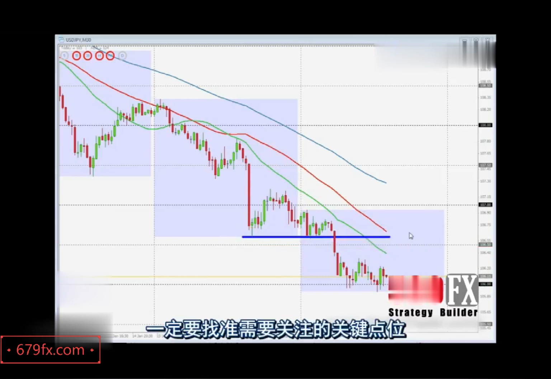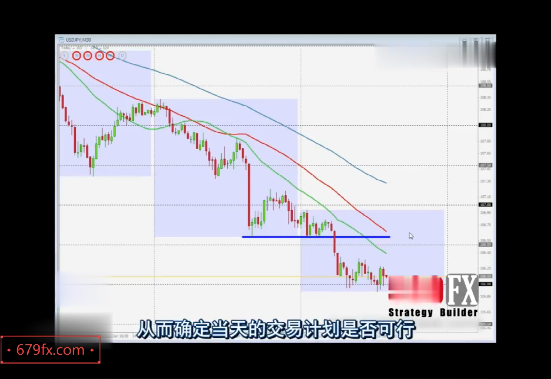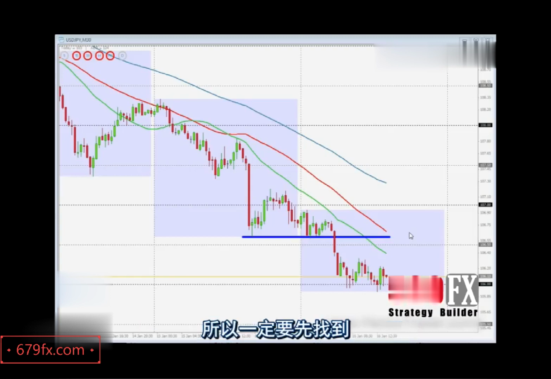I always say it's very important to always keep in mind what's the key level to keep an eye on, okay, for the day, in order to determine whether the trade plan is violated or not. And that's to always draw the main level of support and resistance, and as long as that level is not breached, we are still in a trending scenario. The trend and the trade plan are both still intact, okay? They are still strong, and we still have the green lights to search for trades. In this case, like I'm saying, is the 106.50,